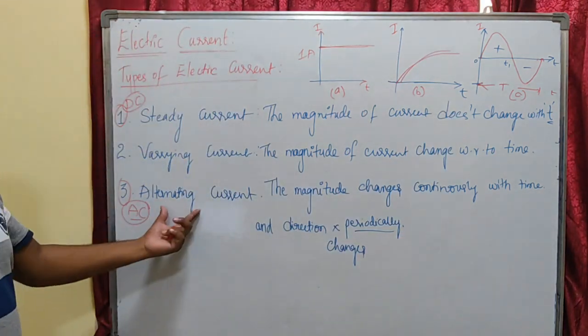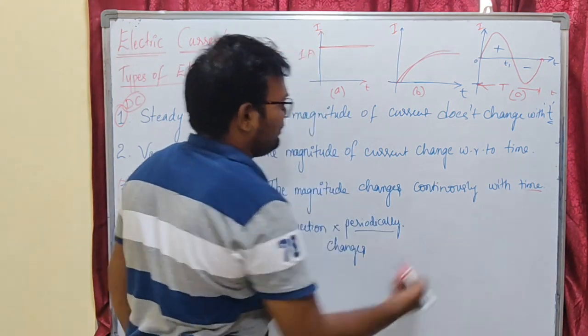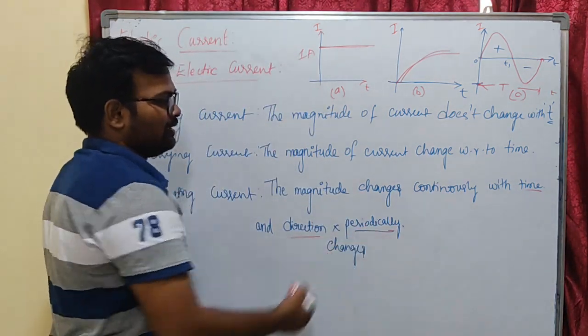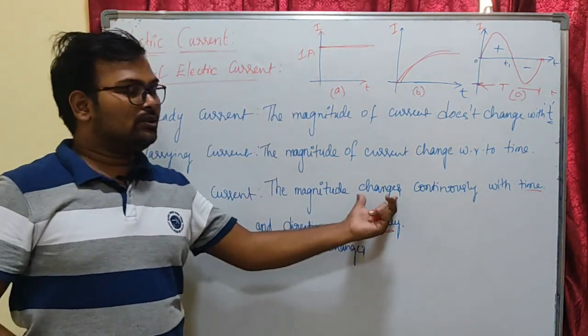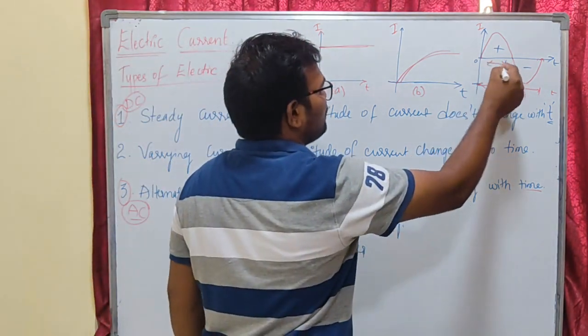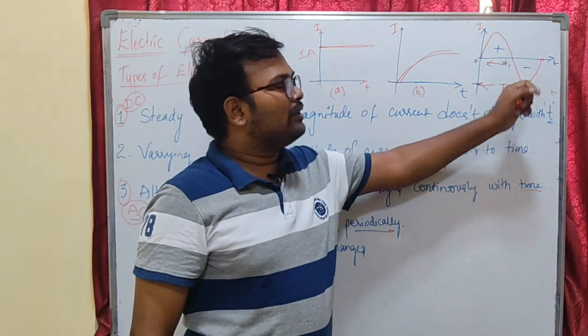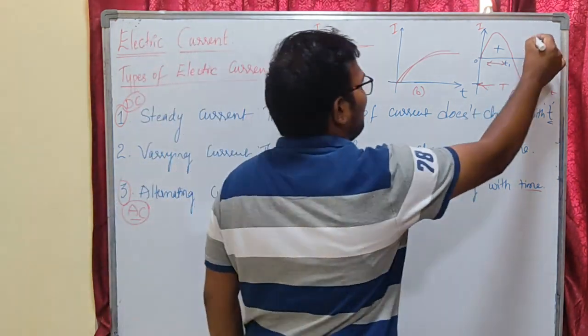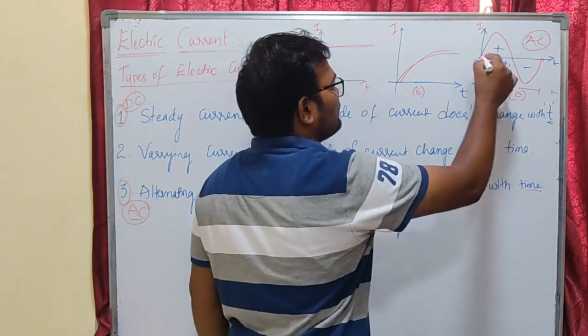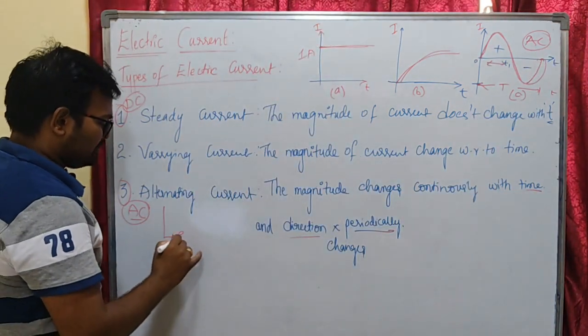Then what is alternating current? Alternating current is one whose magnitude changes with respect to time and it changes direction periodically. Here the magnitude changes and the direction changes with some period. From 0 to t1 it is positive direction, and after t1 it is going to the negative direction. So this is alternating current or AC current. This waveform is also called a sinusoidal waveform. AC waveform is nothing but a sinusoidal waveform.